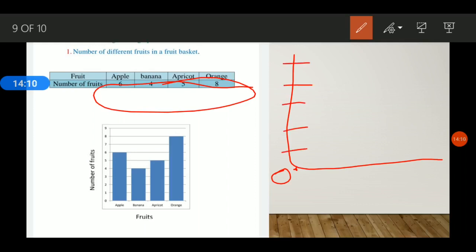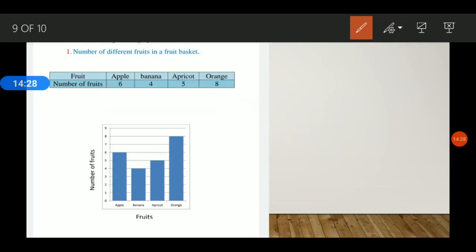with equal distance we will divide the numbers. So the first one we can write 1, 2, 3, 4 and these numbers will be with the equal distance. So here we have divided all the numbers and we have represented them on this number line. Understood? On the vertical axis we will represent the numbers and what we will write here: number of fruits.